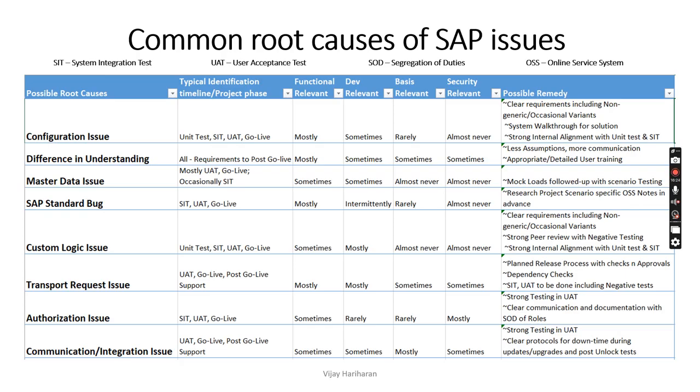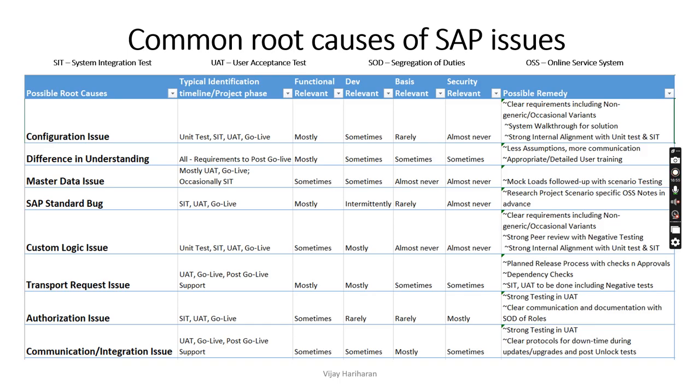And yes, this should not happen if the testing is done well, and that is what you will find in the possible remedy. So it's either functional or security. Mostly these will be the teams that will be responsible if there is some issue like this, typically not development and basis. So the possible remedy is that you do a strong testing in UAT for the different